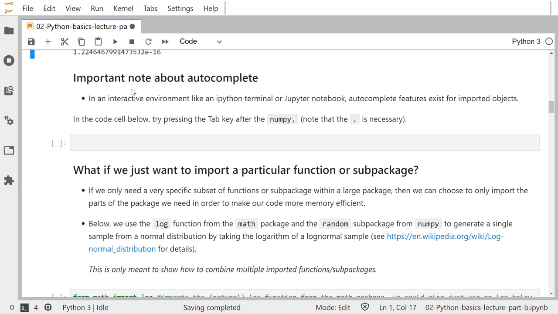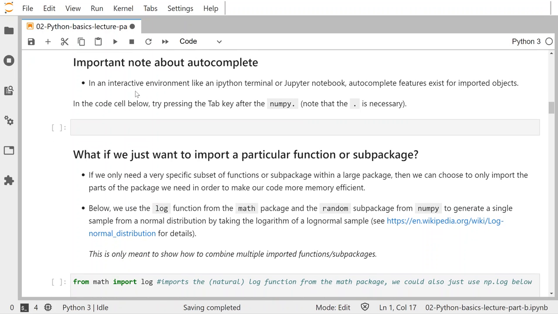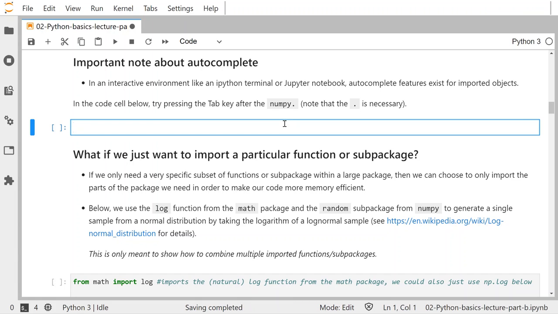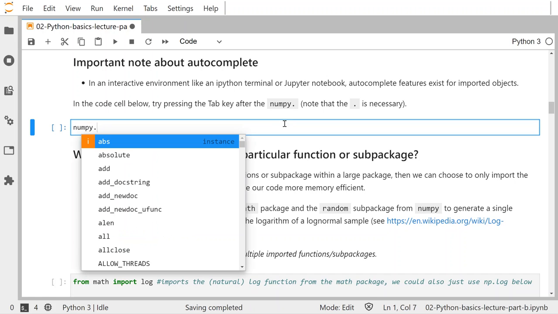Okay. Important note about autocomplete. In an interactive environment, such as an IPython terminal or a Jupyter notebook, such as this environment we're working in, autocomplete features exist for imported objects. So what I suggest here is that you type in numpy with the dot, and then you press the tab key on your keyboard. So I'll do that now. If I say numpy and then dot, it's important to have the dot. Now when I press tab, it might take just a second to load, but you'll see